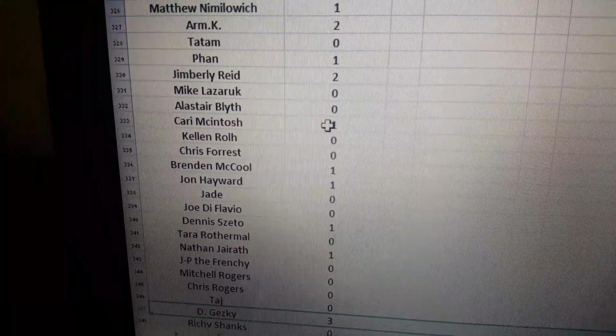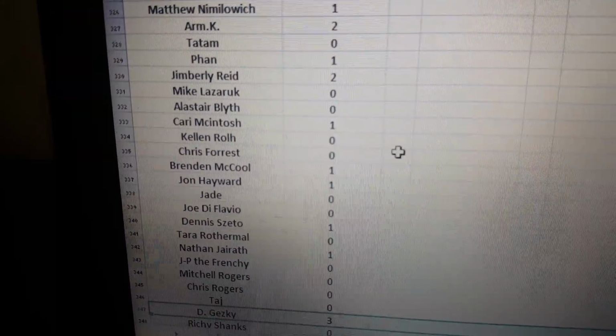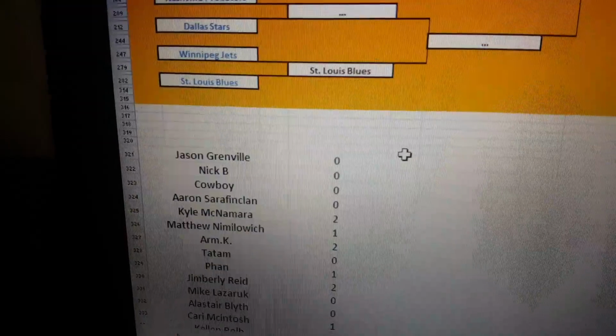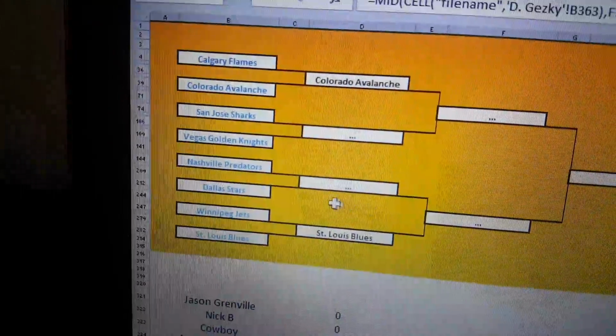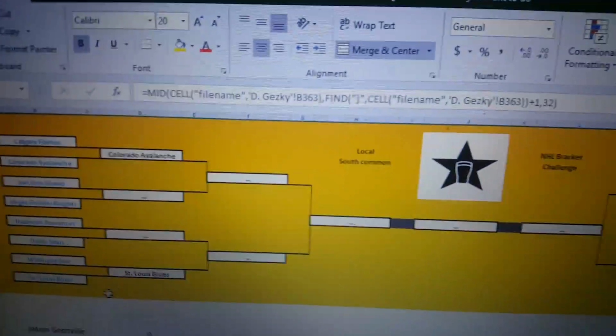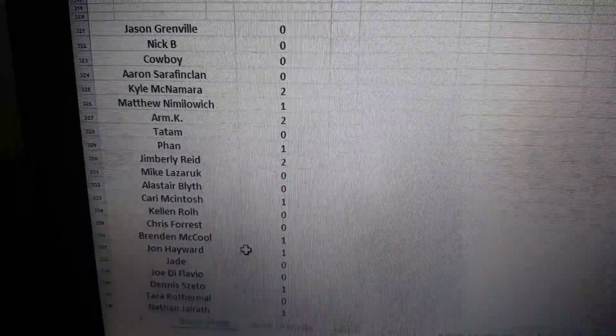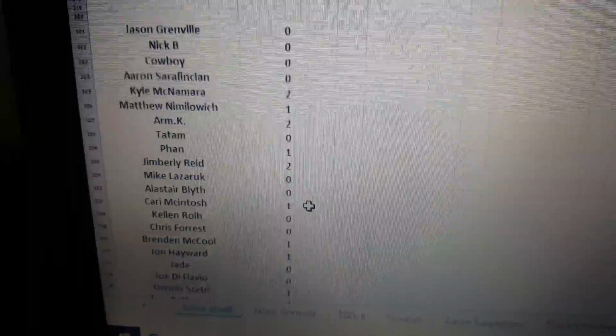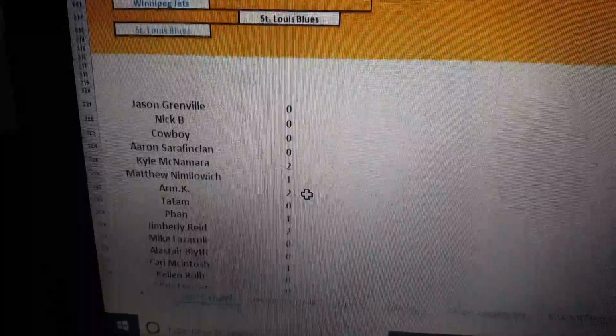Now, what else do I want to say about this spreadsheet? As you continue on, all you would need to do is go to the score sheet and type in the names of the winners, and it will generate the points down here, so that way it is easier for you to write on the chalkboard or communicate this with your guests and or staff about who is in the lead